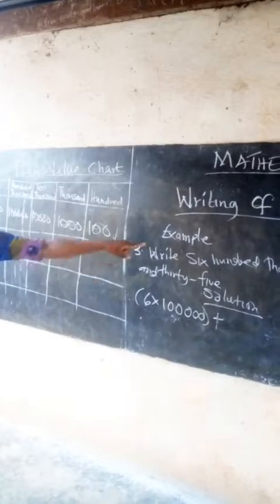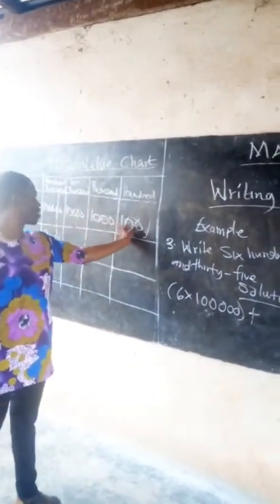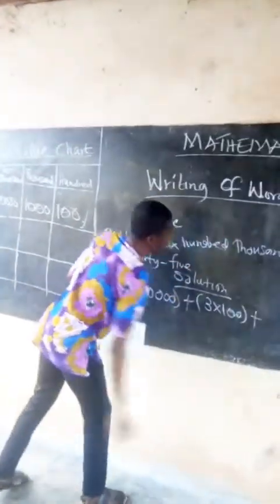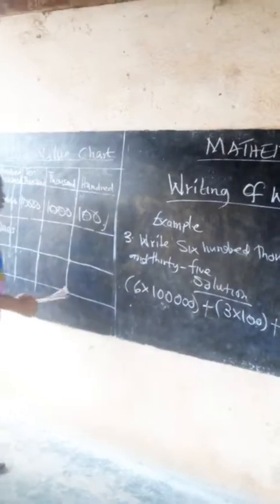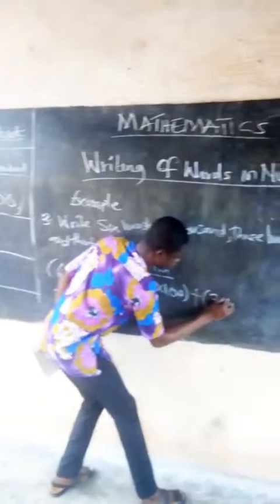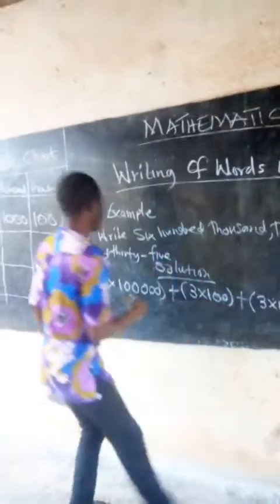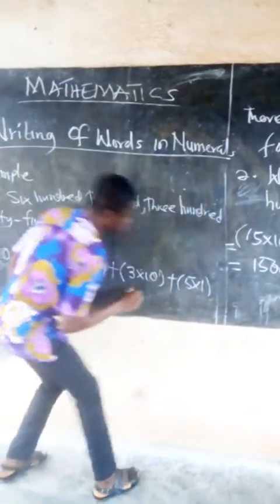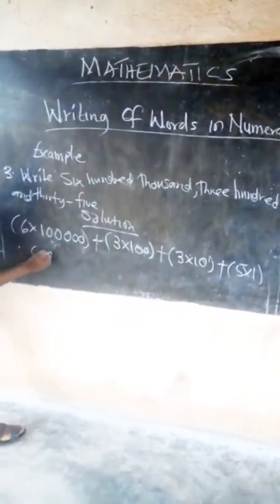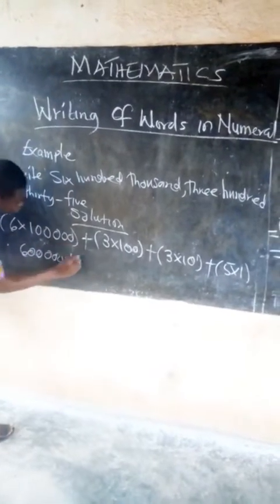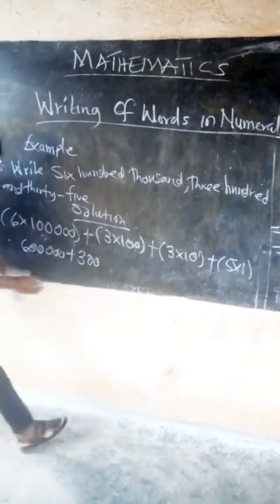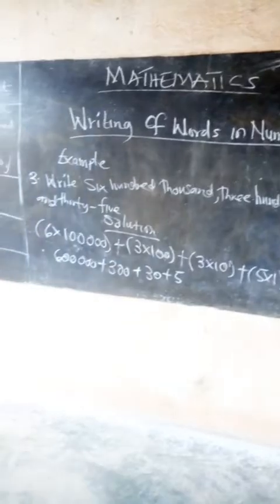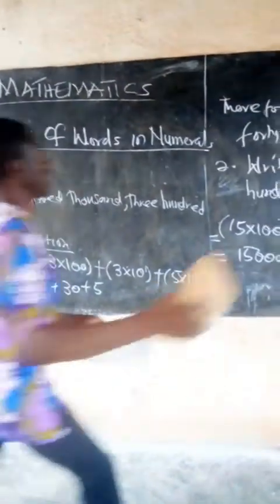300, the 3 is in the hundreds place, which is 300. Thirty, the 3 is in the tens place, that is 3 times 10, which is 30. And 5 is in the ones place, which is 5 times 1. So this one is 600,000 plus 300 plus 30 plus 5. So our final answer will give us